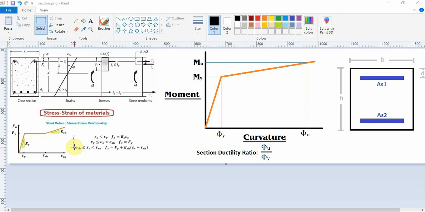and we are going to have a moment curvature analysis. After analysis, we are going to have phi u and phi y. Phi u means ultimate curvature, phi y is the curvature at which first yield appears. So the ratio between these is called ductility ratio, and as you see,